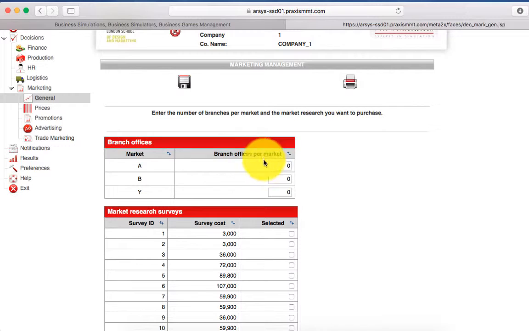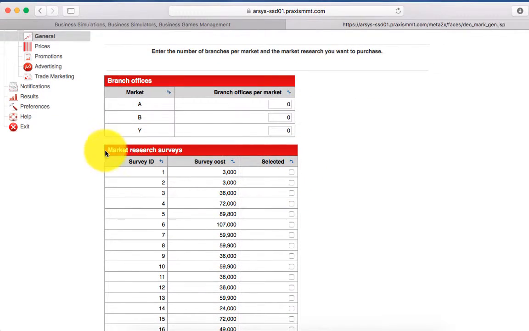So at this moment, you have to choose in the general decisions of marketing whether you want to use branch offices or not. If you don't put any branch office here, it means that your decision is to use the other logistics and retailing option, using wholesalers to put your products in the market.